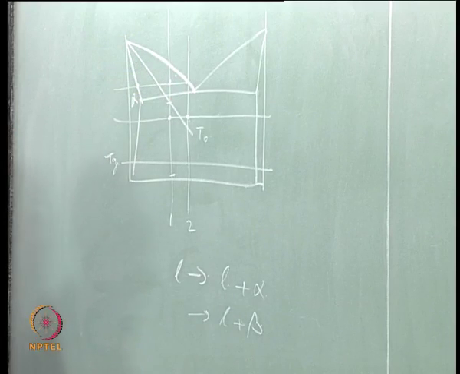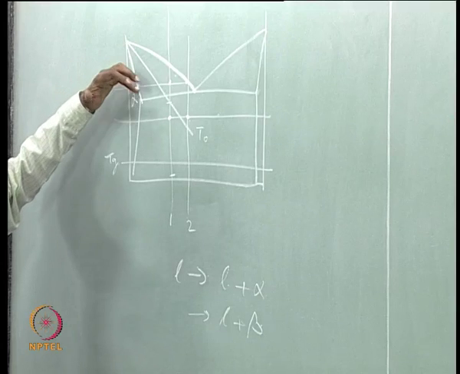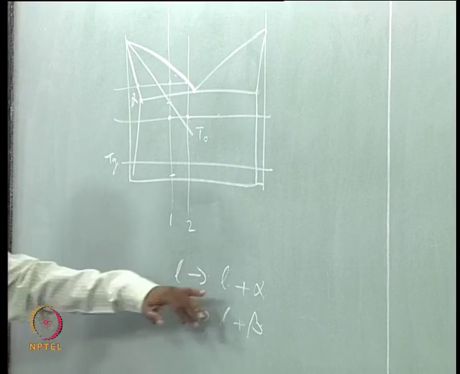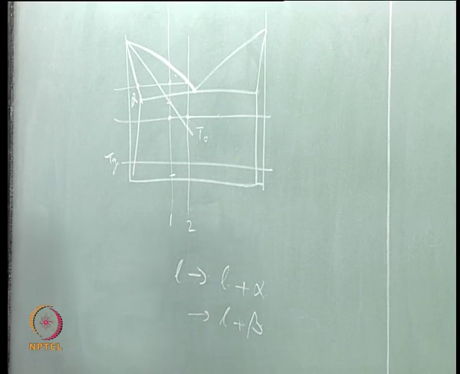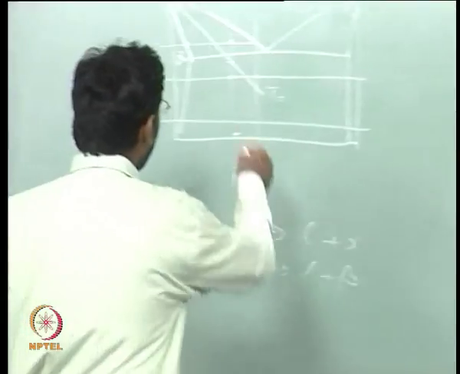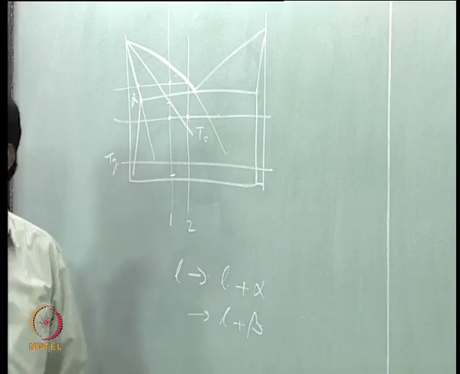These are the two which talk about liquid and alpha equilibrium. This is the liquidus, this is the solidus, and this gives you the alpha composition, this gives you the liquid composition. If you want to know what is the composition of alpha and what is the composition of liquid at any temperature, you need to extrapolate those curves. So, you extrapolate the liquidus, you extrapolate the solidus,